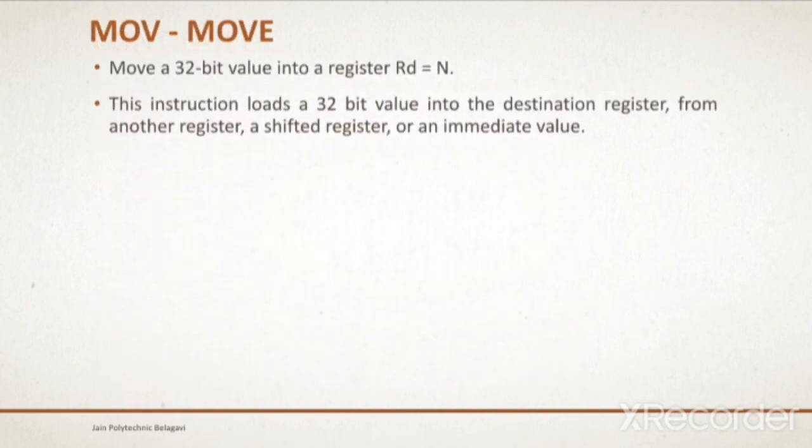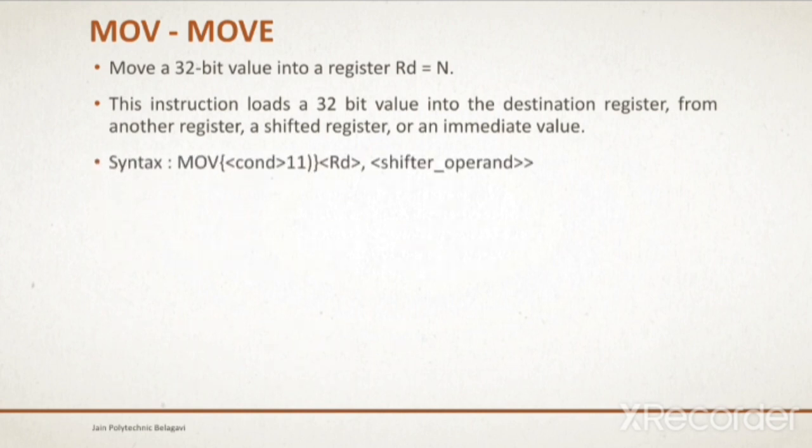The first instruction which we will be seeing here is MOV, where a 32-bit value is moved into register RD, that is the destination register. This instruction loads a 32-bit value into the destination register from another register, a shifted register or an immediate value. Syntax for move instruction: